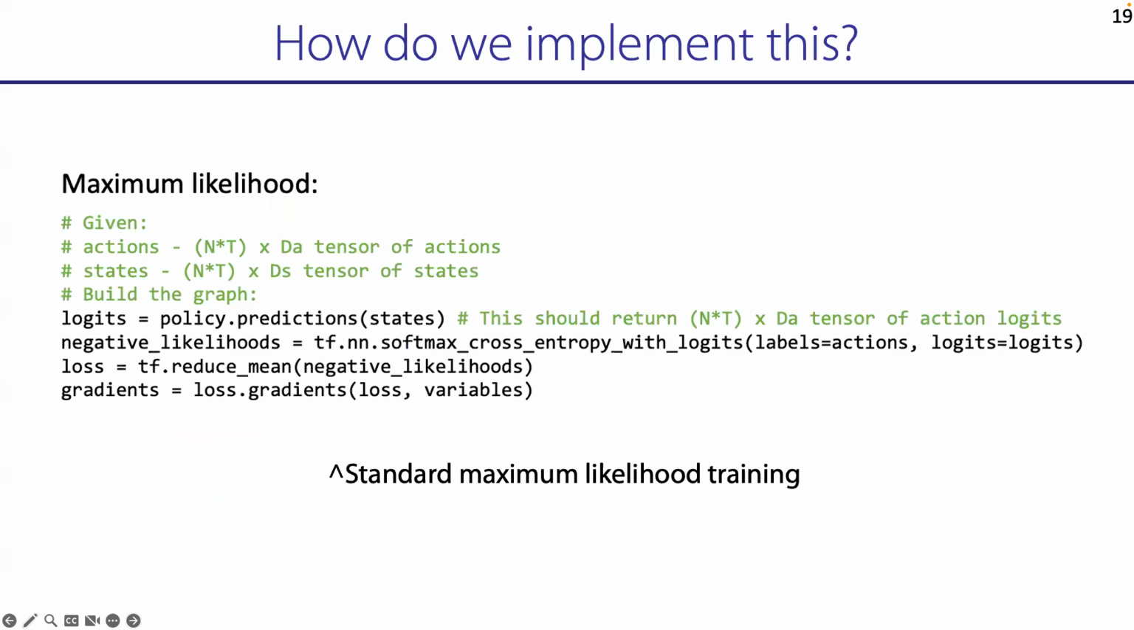Let's think about supervised learning. You'd implement supervised learning as something like this. You're going to take in your state and compute some logits. You're then going to compute the cross entropy loss with your actions, and then you're going to try to minimize the cross entropy loss, or maximize the likelihood. And so that's how you'd implement